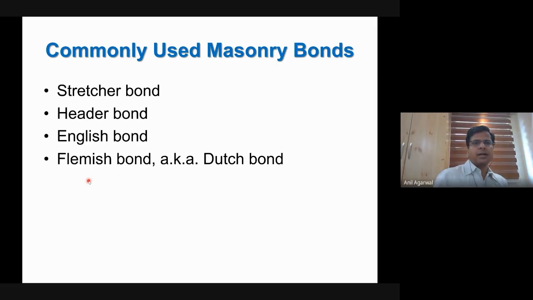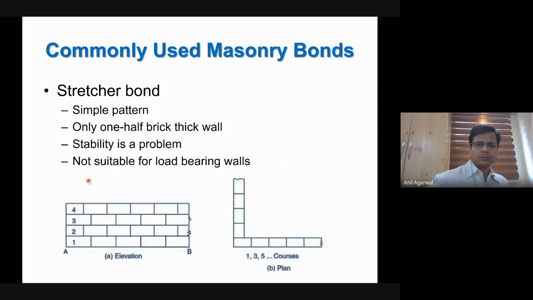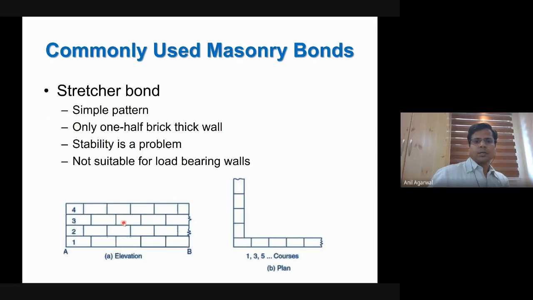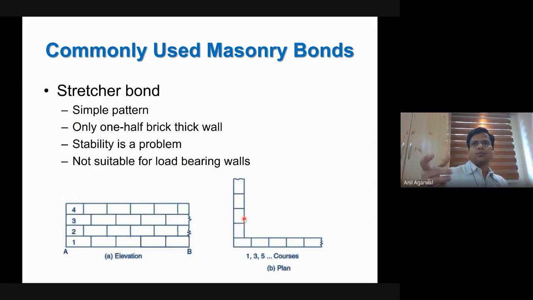So stretcher and header bond are pretty simple. This is the stretcher bond. So let's say you have a brick of, height is a separate parameter. Ignore the height of the brick. So you have length and width of a brick, and typically the width is half or approximately half of the length. Yeah, so that is generally the ratio that is maintained. So width is usually half of the length, and height is independent anyway. Height can be anything. Sometimes you have very thick, very high bricks, and sometimes we may have very shallow bricks.